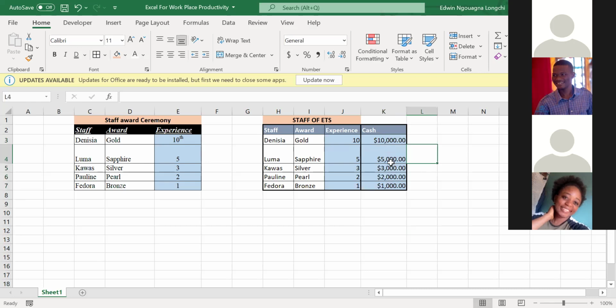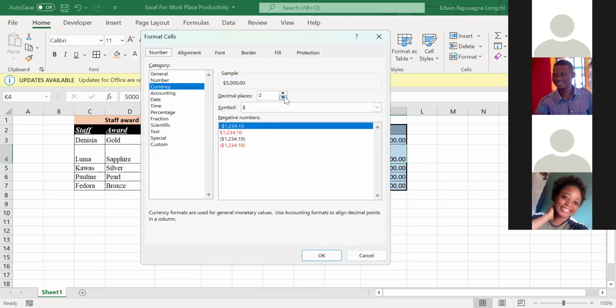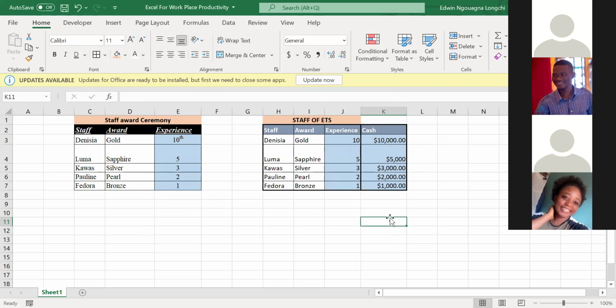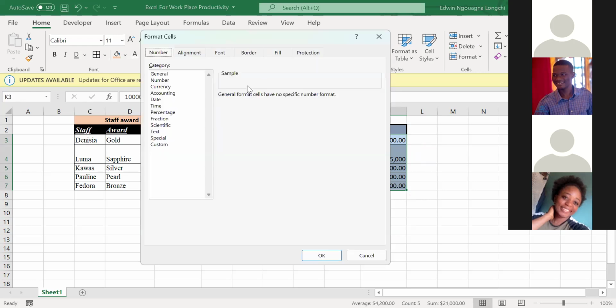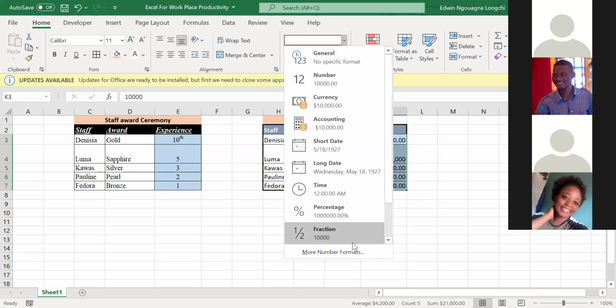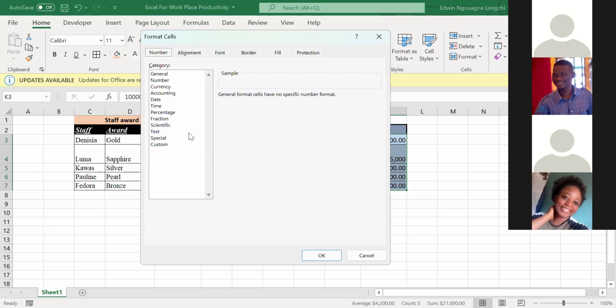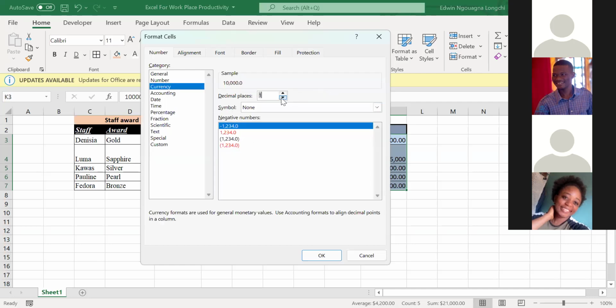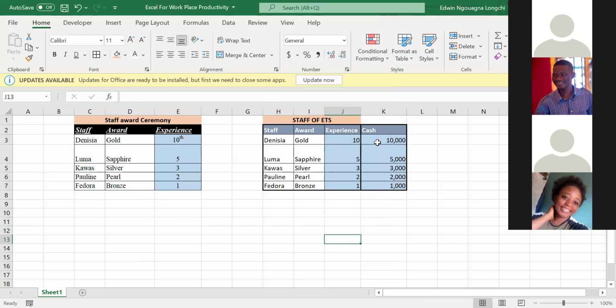You don't type it yourself. Because if you type it yourself, Excel will still see it as general. But when you use Excel, Excel now sees it as currency, as you can see here. So now you can reduce the decimal points, as we said, by coming to more formatting options, and then decimal places, you reduce them to 0. If that's what works for your data like ours here, and I take OK. That didn't work, right? Currency, more options, right? Decimal points reduced to 0, take OK. All right, they've gone.